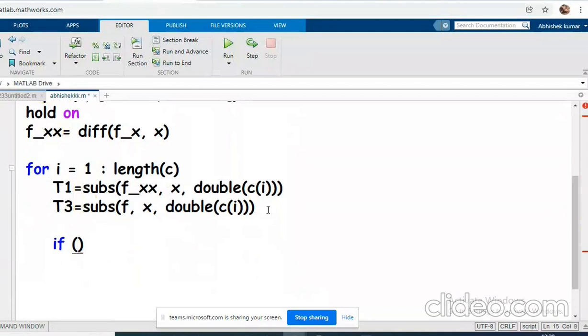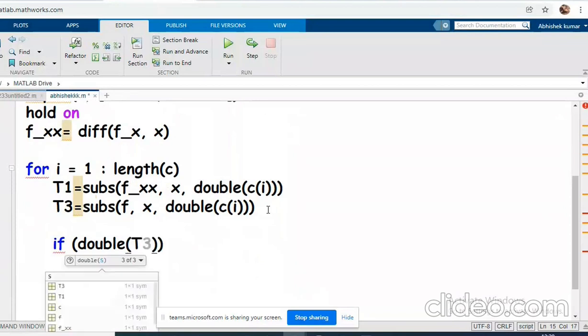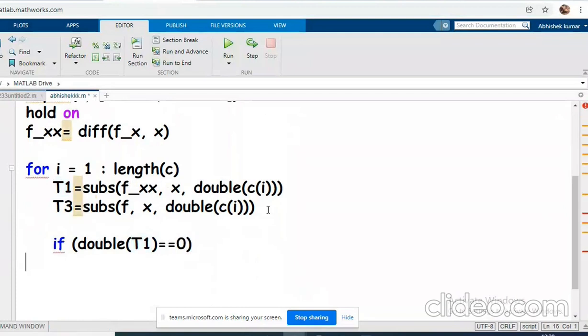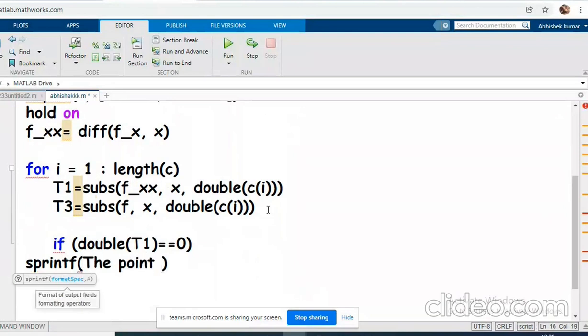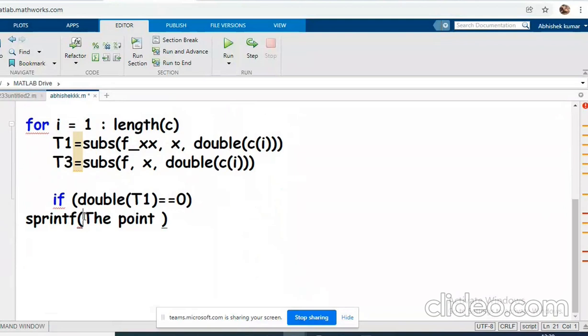If double T1 equals 0, we'll use the sprintf command. The point percentage d, I'll tell you what is percentage d.